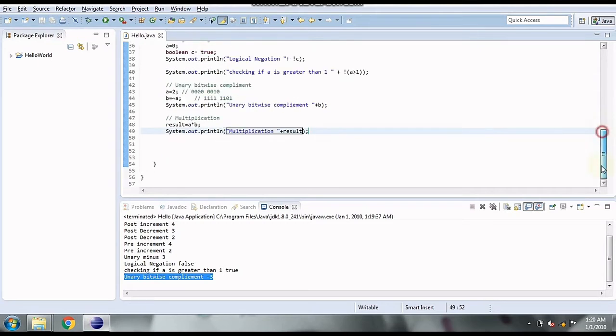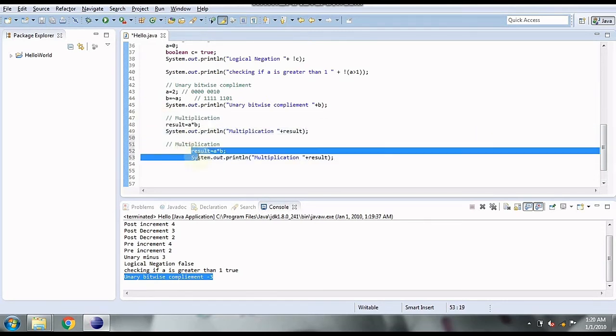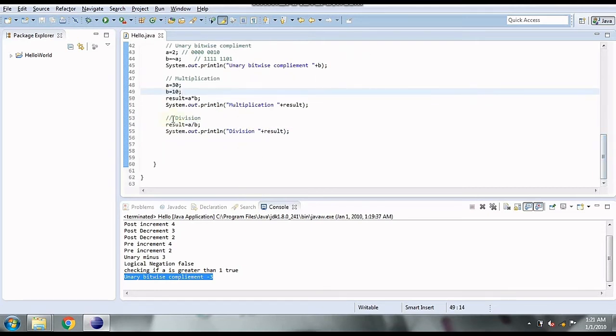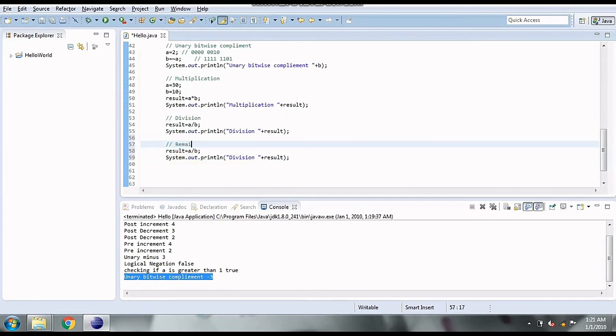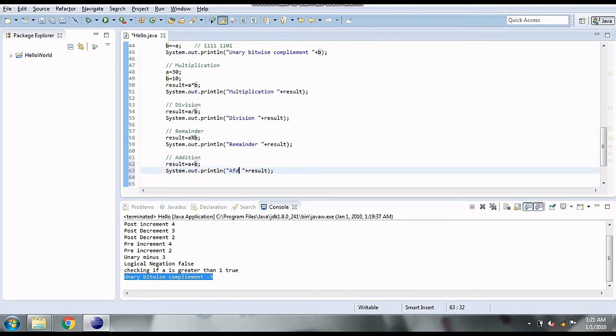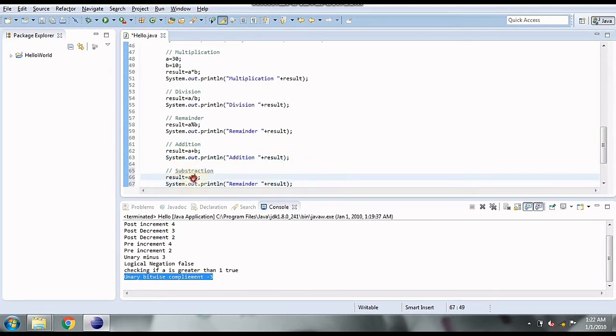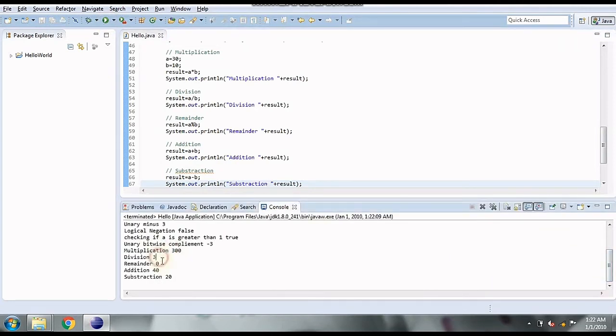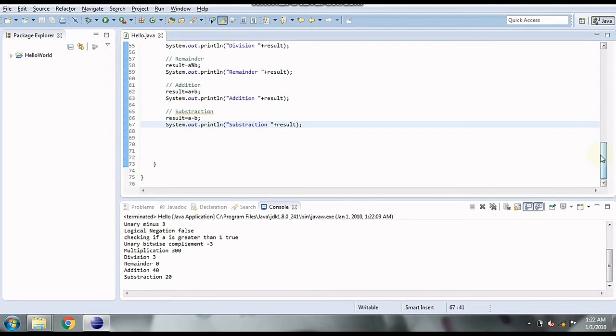We'll also print the rest first because they are simpler now. If we print all this, we'll have our respective results of multiplication, division, remainder, addition and subtraction. I hope you understood till this. Let's go to the next operators.